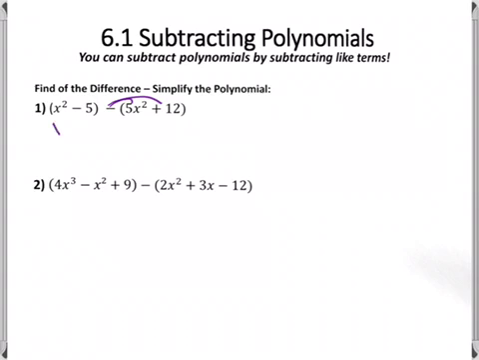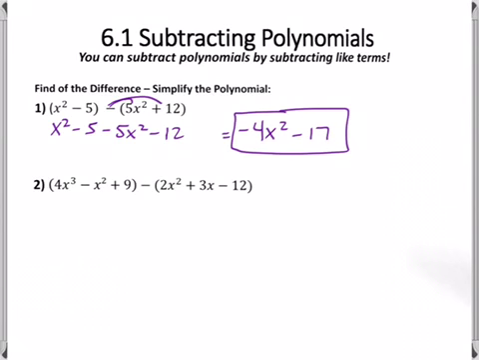So that changes the problem to x squared minus 5, sorry, minus 5x squared minus 12. Now we're going to combine like terms. We take our x squared terms, so 1x squared and negative 5x squared become negative 4x squared, and then negative 5 and negative 12 become negative 17. And so this becomes our final answer. So before you can combine like terms in the subtraction problems like this, you've got to distribute the negative throughout